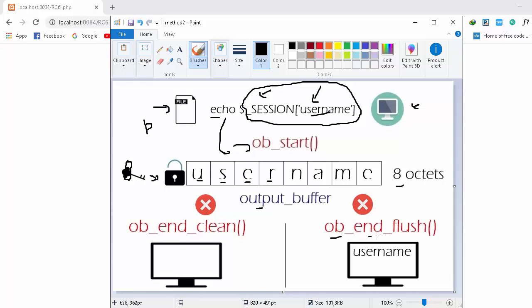Using firstly ob_end_flush, the ob is the output buffer, and the end will change the boolean value of the output buffer to off, because ob_start will open it, will change the boolean value to on, and ob_end will change it to off, will clean or will destroy the output buffer, and the flush will get the contents of the output buffer and send it to the browser,